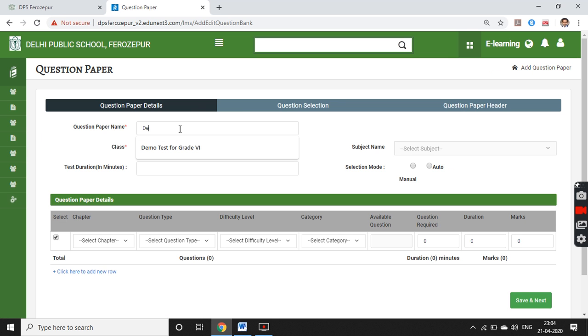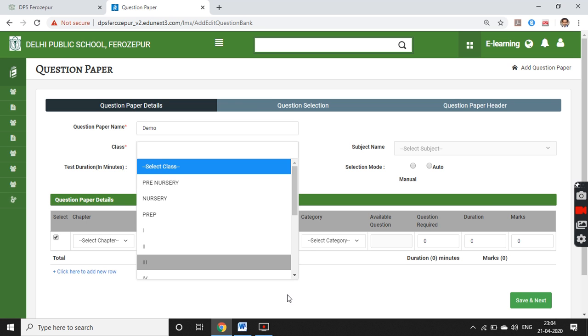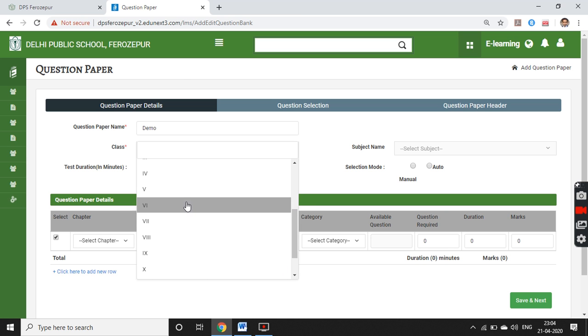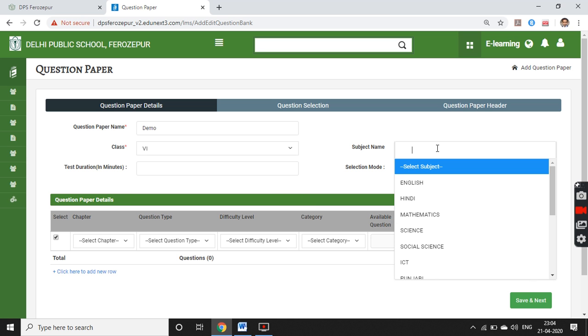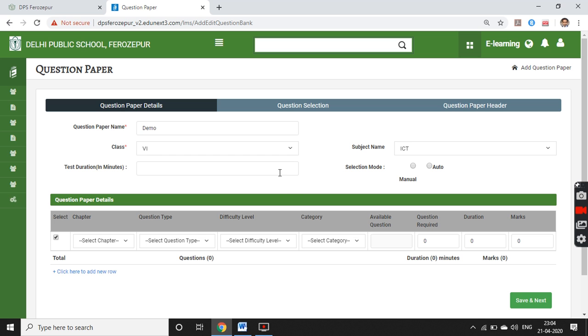Question paper name is demo. Class 6, subject name is ICT. Total duration 2 minutes only. Manually I would like to add some questions.